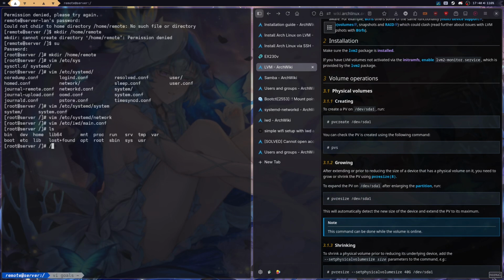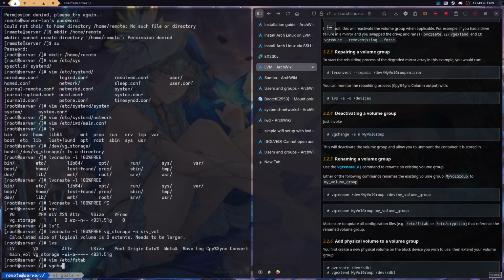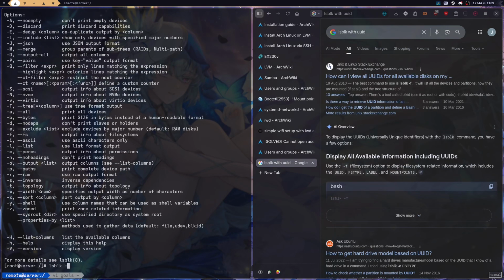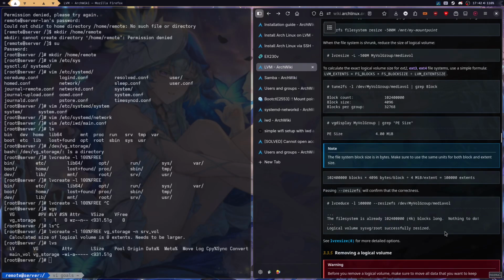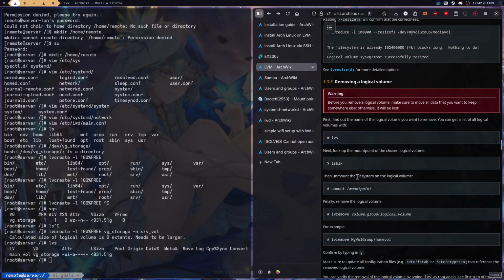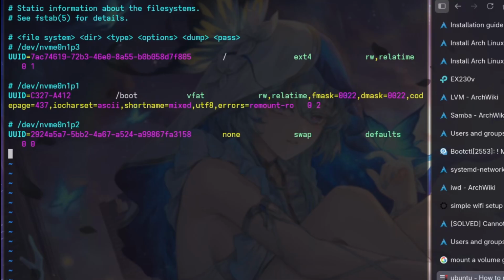Okay, so I already have a volume Chroot set up on /dev/vg storage, so I should need to activate it first. lsblk -f. Yeah, so it's this one, right? Is it as simple as just mounting it in fstab? Like /dev/vg storage